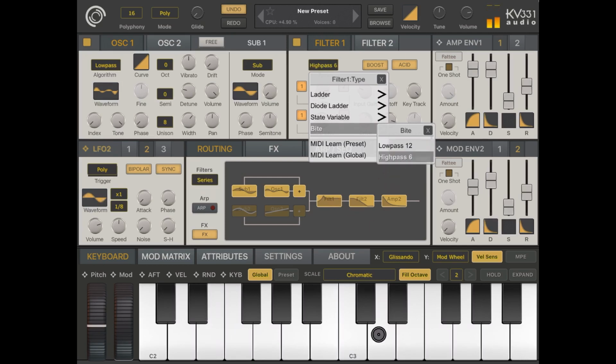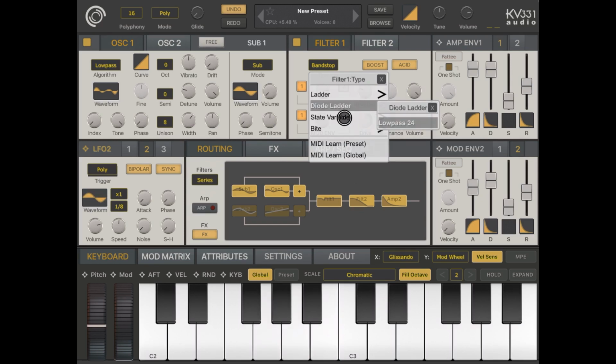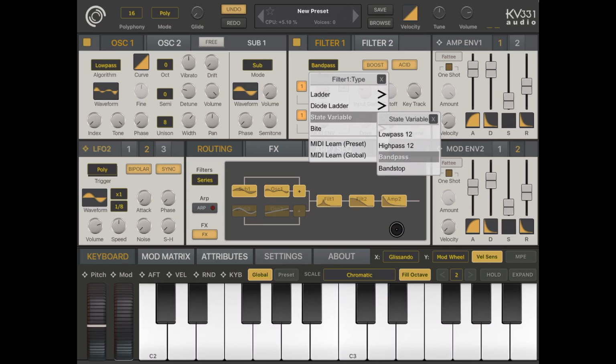High pass. Very, very different. Let's do a ladder band pass. Or band stop. Or a diode, a state variable band pass. So as you can see,